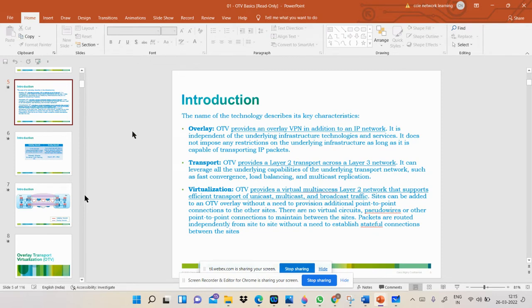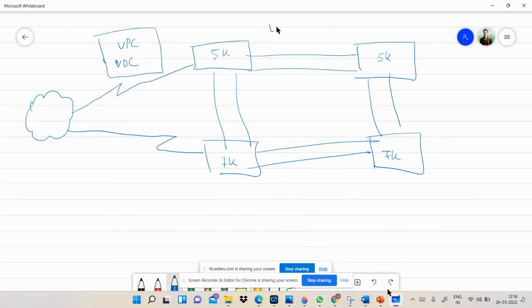Okay, so what is the transport? OTV provides a layer 2 transport across a layer 3 network, right? I have told you that it works on layer 2 across a layer 3 network. It can leverage all underlying capabilities of the underlying transport networks such as fast convergence, load balancing, and multicast replication. That means if we need load balancing and